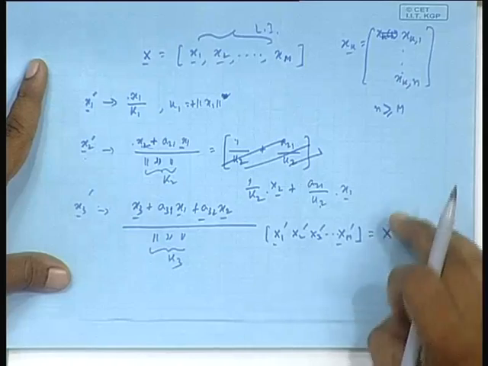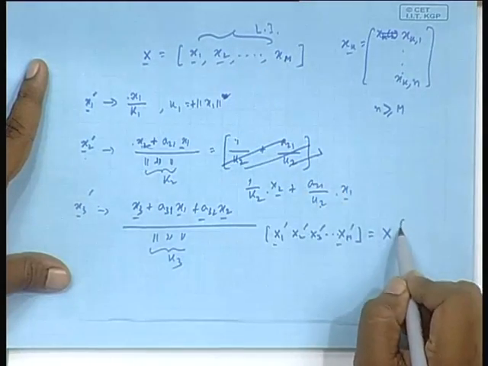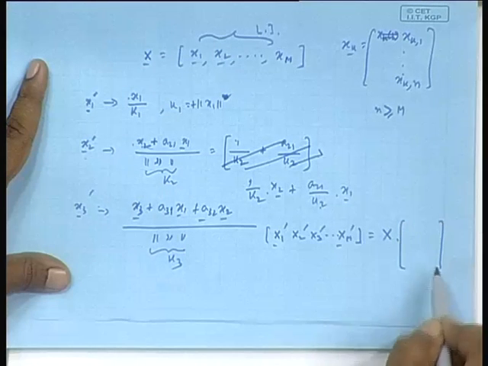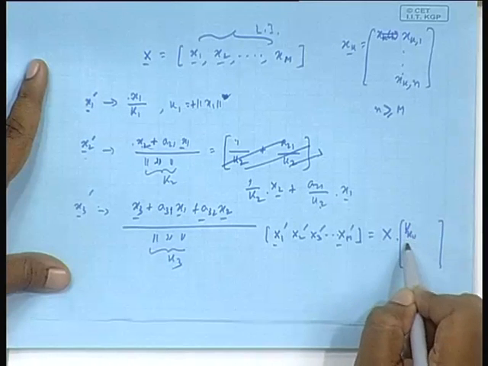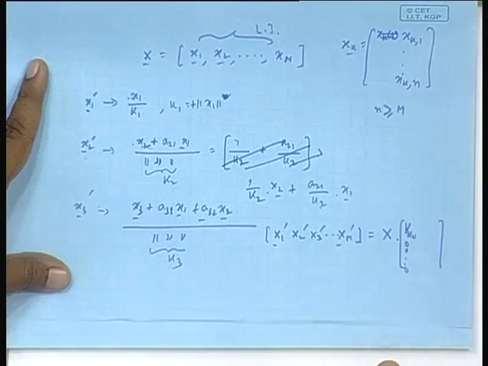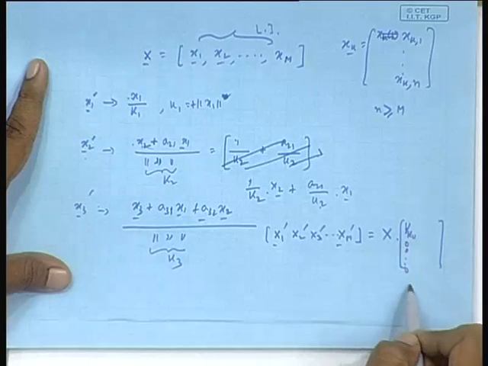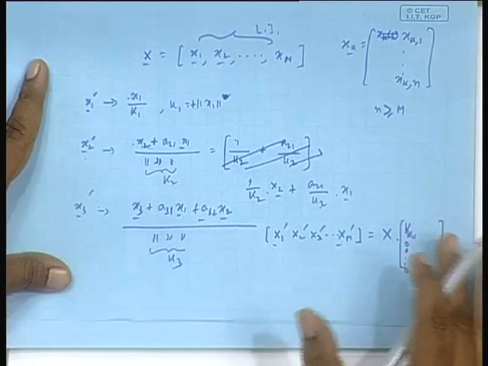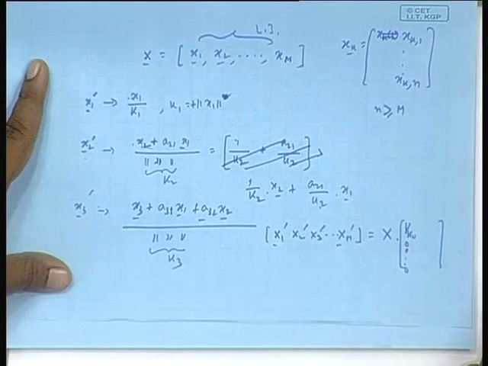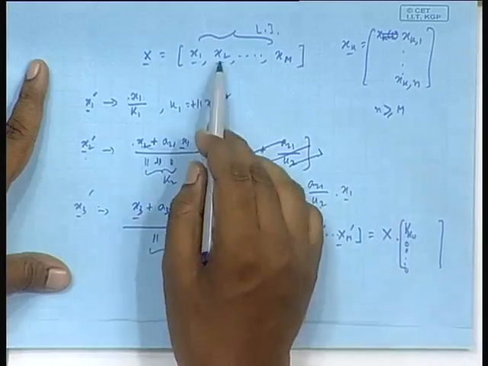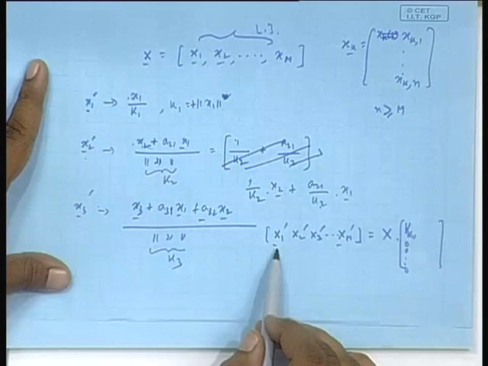Since I am having a shortage of space, I am not rewriting the entire x. It is x times a matrix of this form: 1 by k 1 1 0 0 0 0 first, the rest I am writing, but 1 by k 1 1 0 0 0 0, isn't it? How to do matrix vector multiplication? You have to linearly combine the columns by these elements. The zeros will multiply these fellows, forget that, 1 by k 1 1 times x 1, that is what you get as x 1 prime.